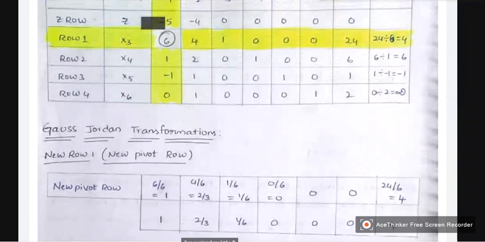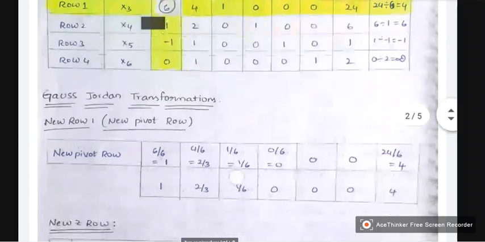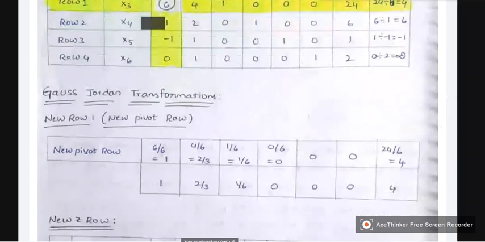So we have to do the Gauss-Jordan transformation for the x3 row. That is the new pivot row. Why we are taking that pivot column and pivot row is, we are taking this new pivot row. So for x3 they are given 6, 4, 1, 0, 0, 24. So we have to do